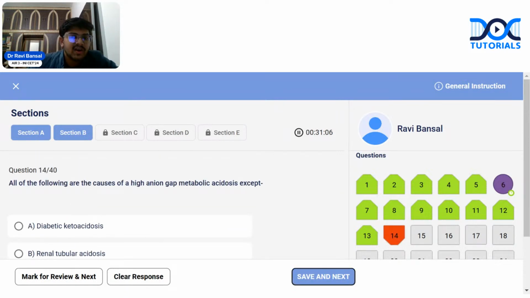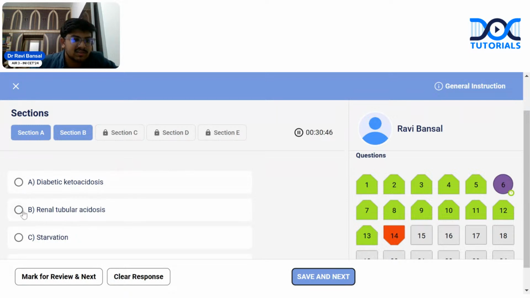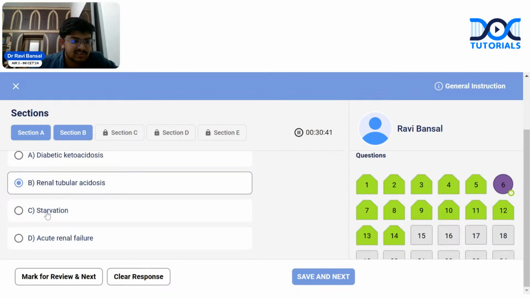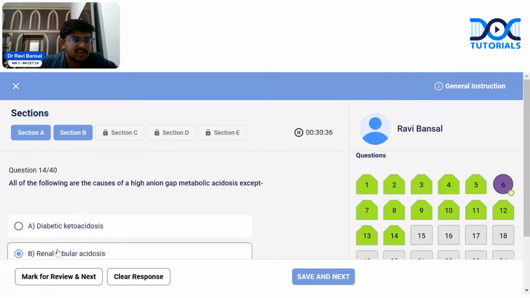All of the following are cause of high anion gap metabolic acidosis except. So you have to choose normal anion gap metabolic acidosis option. This is the same question which came in this November INI. It was the same question, options were some different. Diabetic ketoacidosis, there will be high anion gap metabolic acidosis. In RTA, renal tubular acidosis, you read it in normal anion gap metabolic acidosis. Starvation, you will see lactic acidosis and there will be high anion gap. Renal failure, you will see high anion gap. So renal tubular acidosis, there will be no high anion gap metabolic acidosis. You have to carefully read this